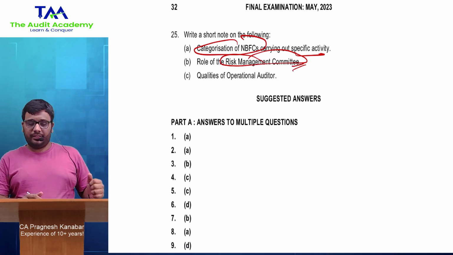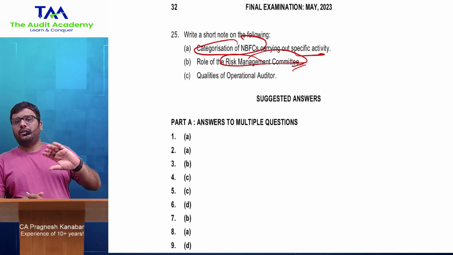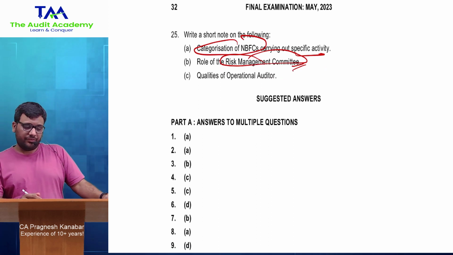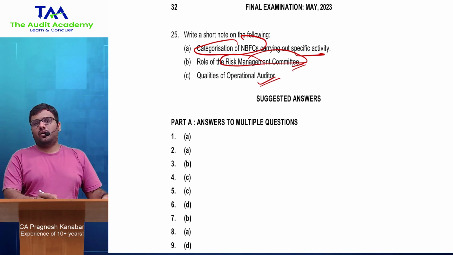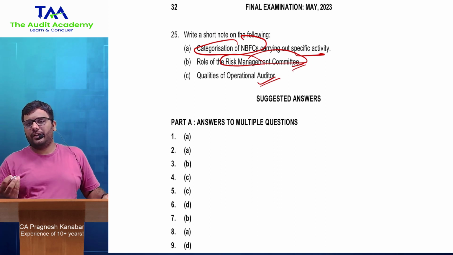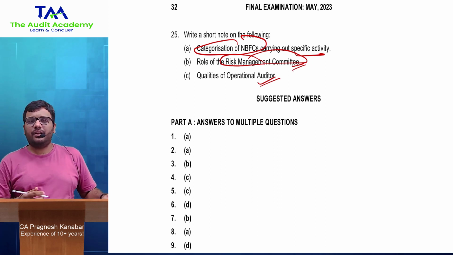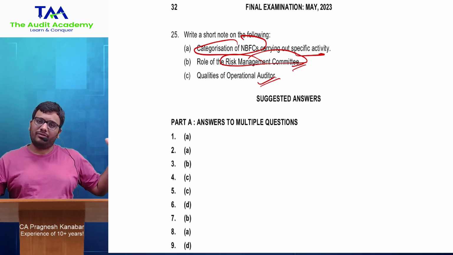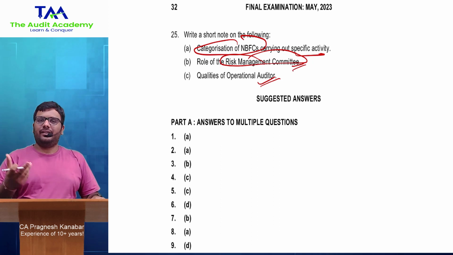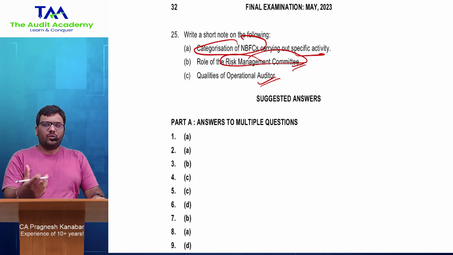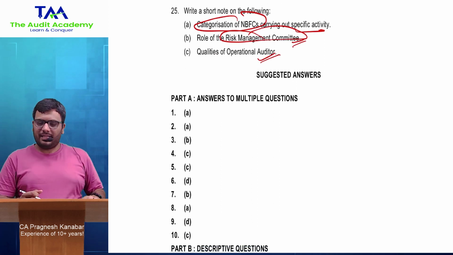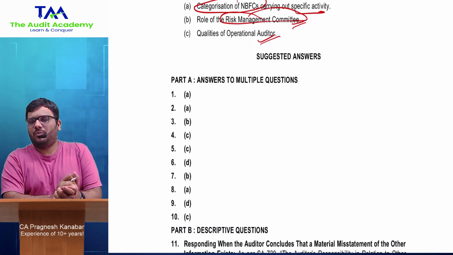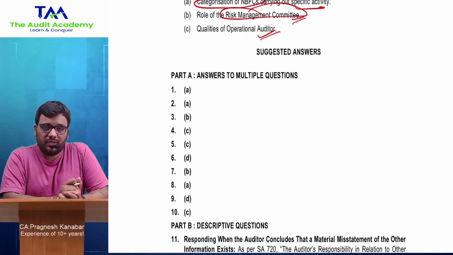क्या रोल होता है इनका? ऑब्वियसली इट इज विथ रिस्पेक्ट टू असेसमेंट ऑफ रिस्क, एरर, फ्रॉड वगैरह कहाँ हो सकते हैं स्टफ. एंड क्वालिटीज ऑफ ऑपरेशनल ऑडिटर, ये तो ऑपरेशन ऑडिटर का काम होता है ऑपरेशंस की इफेक्टिवनेस एफिशिएंसी को टेस्ट करना. तो क्वालिटीज के अंदर ही शुड आस्क हु, व्हाई, व्हाट, हाउ ऑफ एवरीथिंग. ही शुड हैव प्रैक्टिकल थियोरेटिकल नॉलेज. ऑलराइट, तो ये सब चीजें क्वालिटीज के अंदर आ जाएगी, बट बहुत ही बेसिक थियरी आंसर है. मेरा इंटरनल मैनेजमेंट एंड ऑपरेशन ऑडिट का रिवीजन वीडियो देख लोगे तो उसके अंदर भी कवर हो जाएगा.